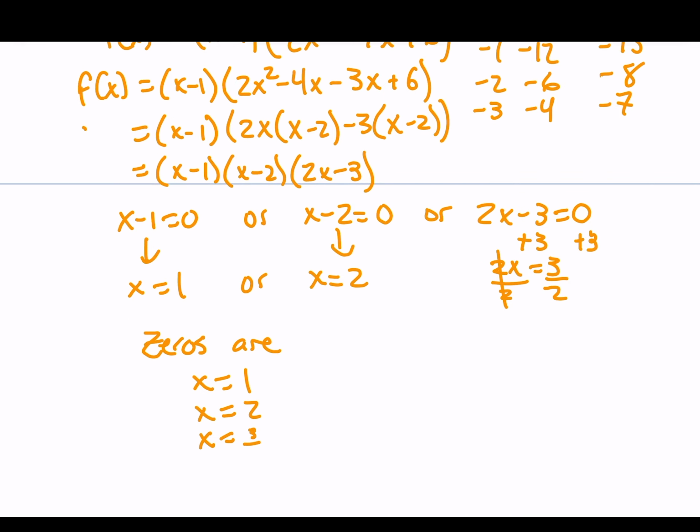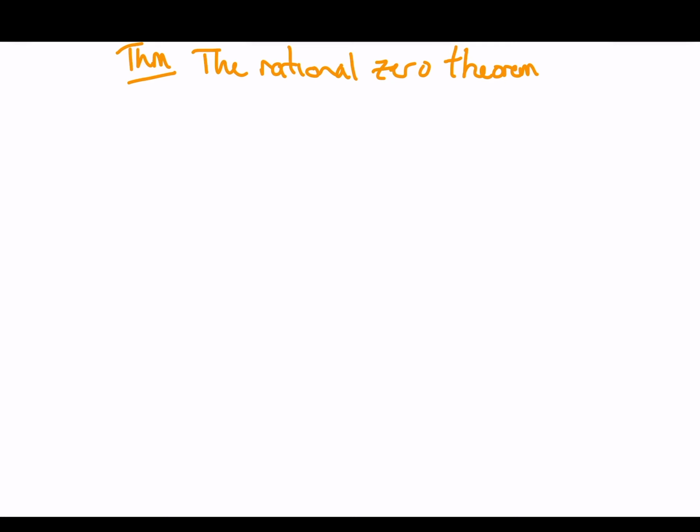Rewrite that. Okay. Now we'll move on and discuss using the rational zero theorem to find rational zeros. Now we need to talk about the rational zero theorem. The rational zero theorem states